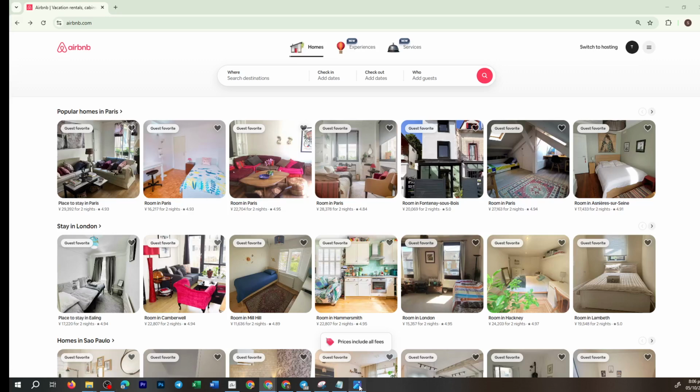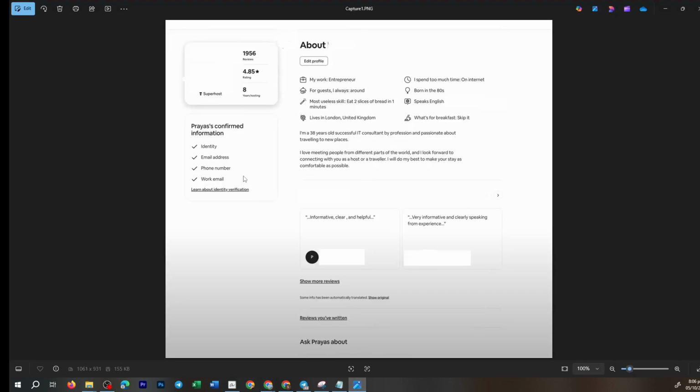Please note, in my case, since I'm using a dummy account for tutorial purposes, I don't have any reviews yet, but I will show you images to let you know how it looks like. Now that you've navigated to your profile page, you'll quickly notice some key details at a glance. Right here, prominently displayed, are your overall star rating and the total number of reviews you've received. This gives you a snapshot of how others perceive their experiences with you, whether you're a host or a guest